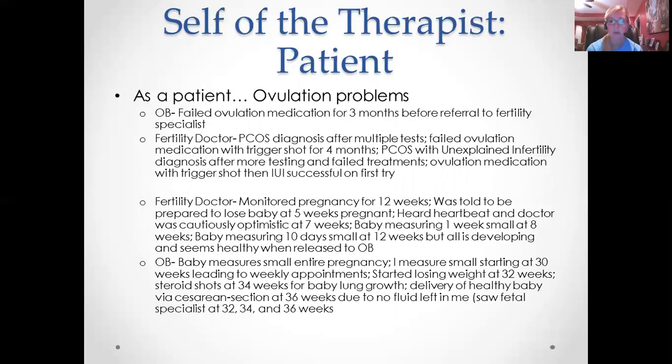At 36 weeks, when we went back, we learned that it was a Friday, we learned that we would have an emergency C-section on Monday morning because the baby was small. There was very little fluid left in my body. There was very little fluid left in the baby, but she was doing really well. She was still small, but she had measured small, so we weren't really concerned there. So that's just kind of how that progression went. She had more shots to help grow her lungs again at 36 weeks. By the day I delivered, I'd only gained 9 pounds, so I lost a pound a week starting at 32 weeks.